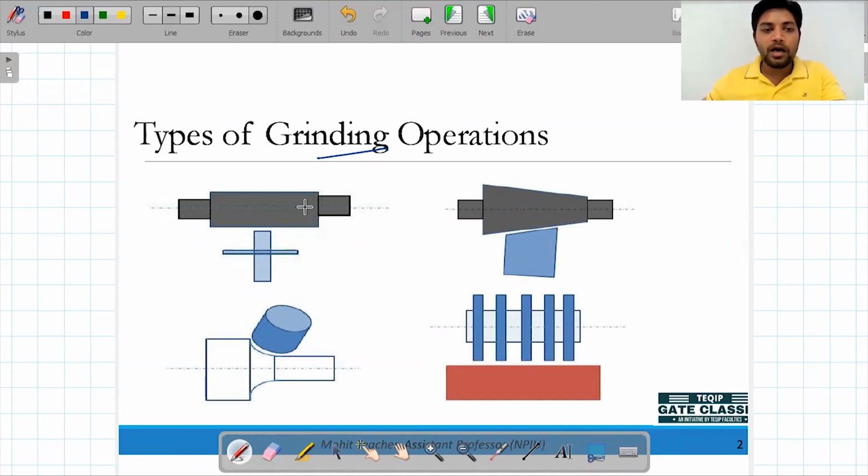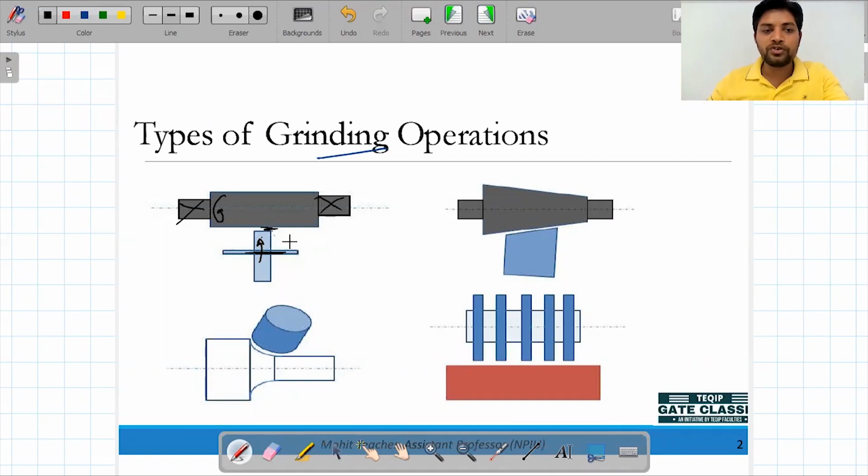Shape means, if we talk about this first example, there is a cylindrical shaft mounted over a bearing, and this is the grinding wheel, which is also mounted over a shaft. When it is rotating, we bring it near and give a feed to this side. When it comes in contact with the workpiece, that will also rotate. It has high hardness, and its surface has cutting edges like abrasive grains, which remove the material from the workpiece.